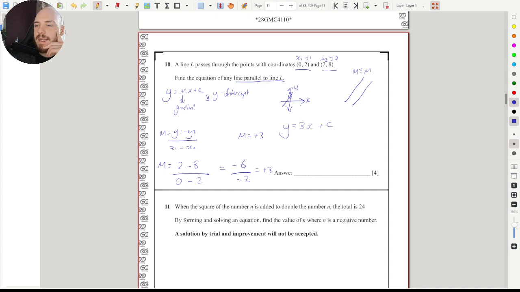Any line that's parallel to y. Now we could work out the c by putting our points in, so 0 and 2. We don't need to do that, but just to prove that the line is parallel, we might have to do it. So I'm going to be safe, and I'm going to put x equal to 0 into my equation and y equal to 2. So it'll be 2 = 0 + c, so c is equal to 2. So any line that's parallel will have the same m,